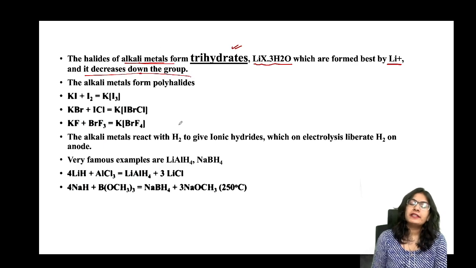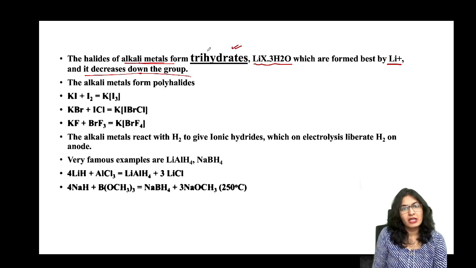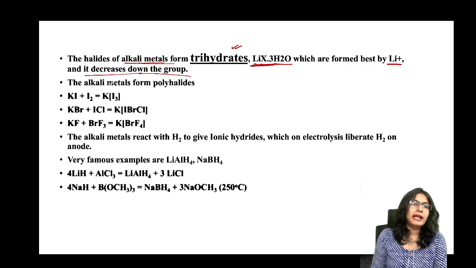Okay, why does it decrease down the group? Because down the group the size of the cation increases, and hence the coordination number also increases. So maybe it's hexahydrates that they are forming. So trihydrates are formed mostly by lithium. Alkali metals form